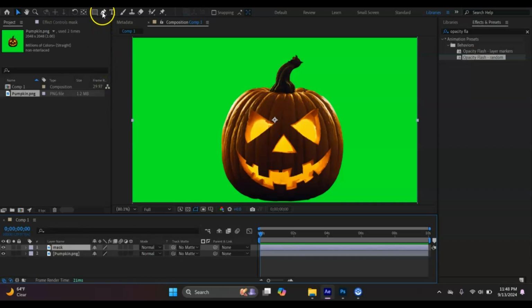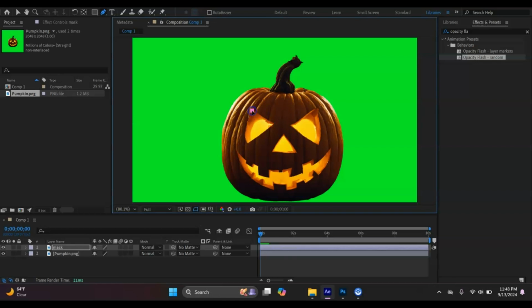Now come up here to this pen tool, click on it. And now you're just going to draw around each one of the eyes, just like this, and the mouth. And try to stay right to the edge right here as close as you can. We're going to feather it, so don't worry about going over. And then once you're done,